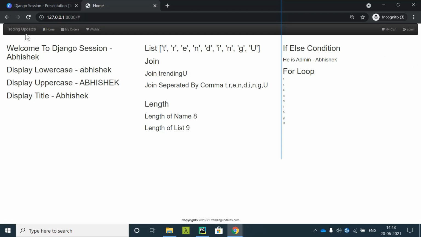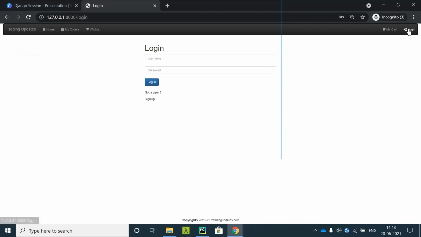Now, if you see here, admin is already logged into our system. So when I click over here, it logged me out of the system. Okay, and it gave me a login page again to log in again. So when I come to home and say login, I can log in again from here.